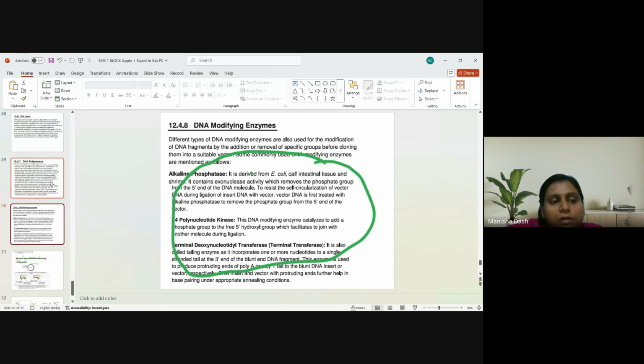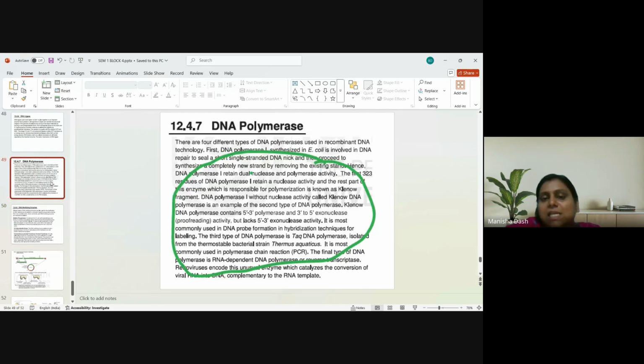So you must, you don't have to write all these things, but summarize in 2 to 3 lines that actually reflect the function of the enzyme, and you mention that. Okay. Similarly, there is another question